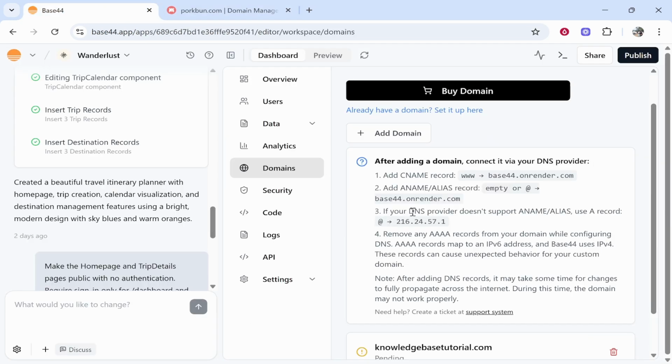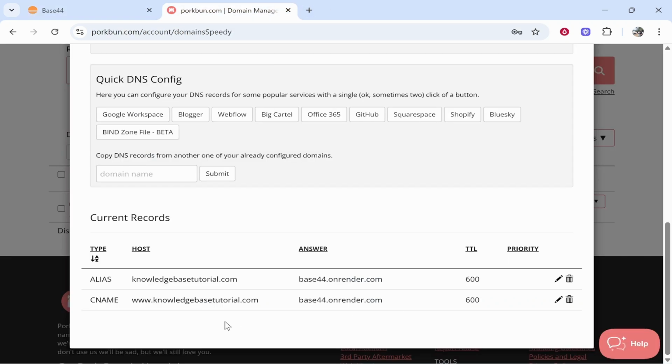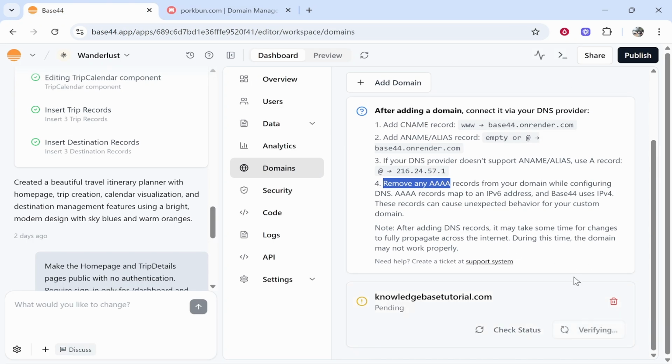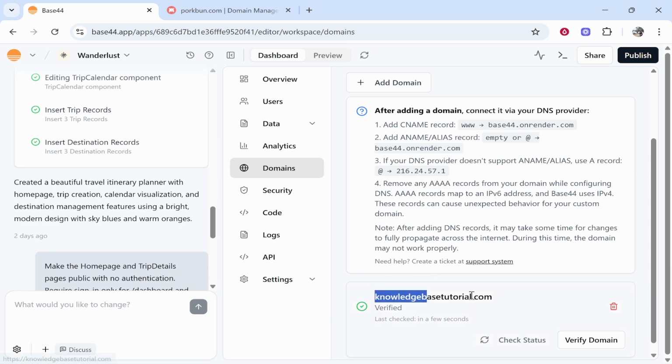The third instruction basically says if your DNS provider doesn't support it, you can use an A record, but in our case with Porkbun, it supports alias records. Then it says remove any AAAA records. We don't currently have any, and we've removed all of the other records before. So now we've done that, we want to click on verify domain, and we've pretty much done everything we need to do on our part. We can then click check status. Now it may verify straight away. You can in some cases have to wait up to 48 hours for the DNS to propagate,